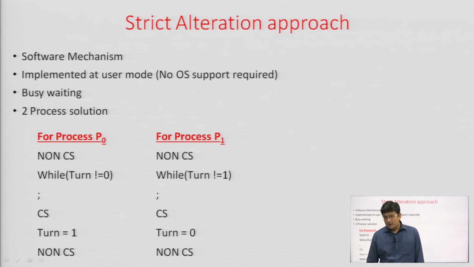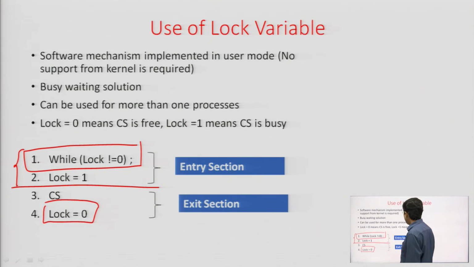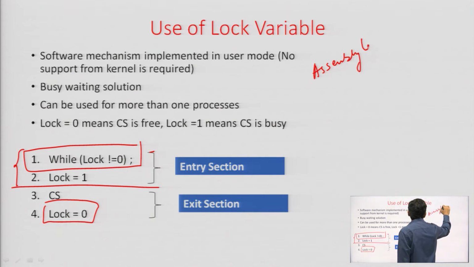Now, we have seen that there were certain problems with the lock variable. When we expand this code into, let us say, assembly language code, the value of the lock is taken in some register, and then that value is checked with 0. If it is 0, then we set the value of lock as 1 and then enter the critical section. So, these lines were updated like this: